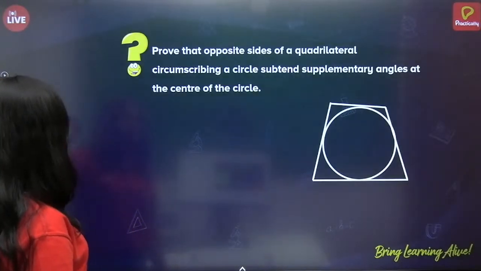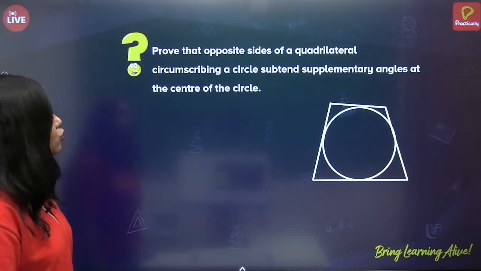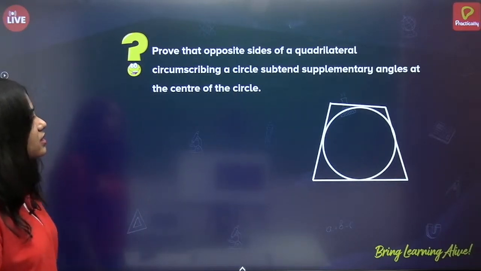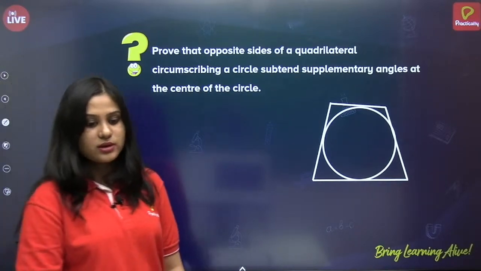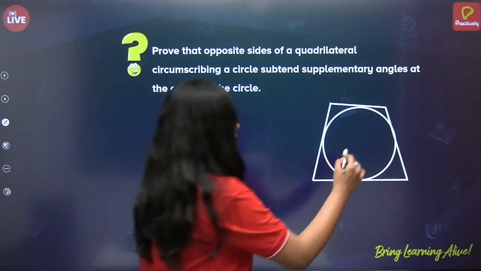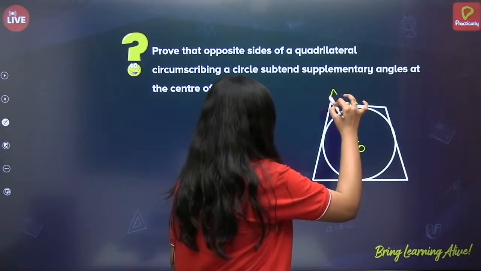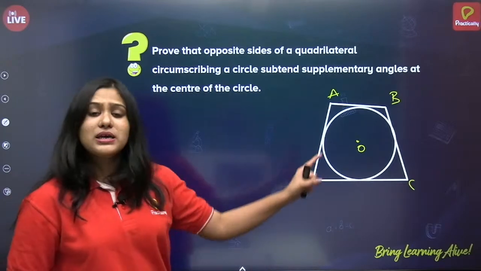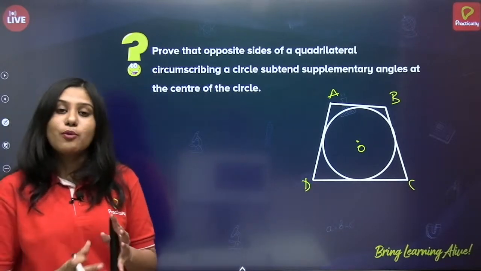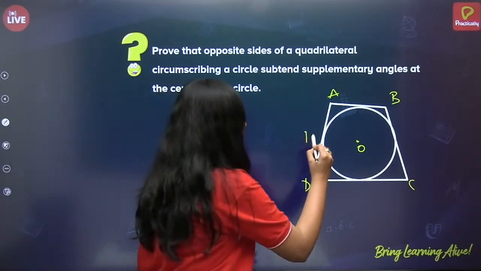Next. Okay, prove that opposite sides of a quadrilateral circumscribing a circle subtend supplementary angles at the center of the circle. Okay, so what do we have to do? This is O, this is A, this is B, this is C, this is D. And A, B, C, D are all the external points of the circle, and we say that